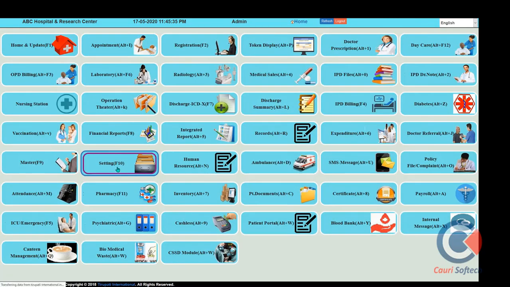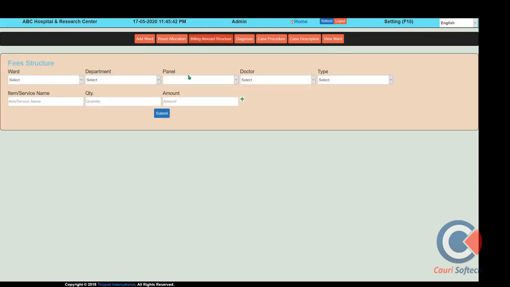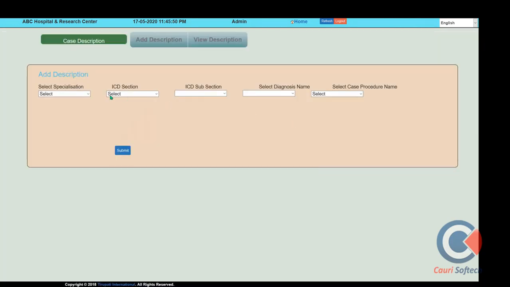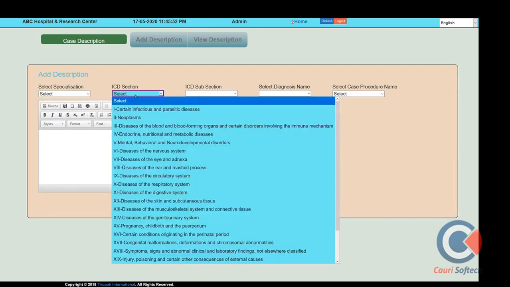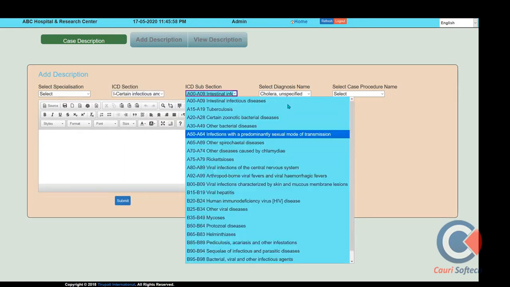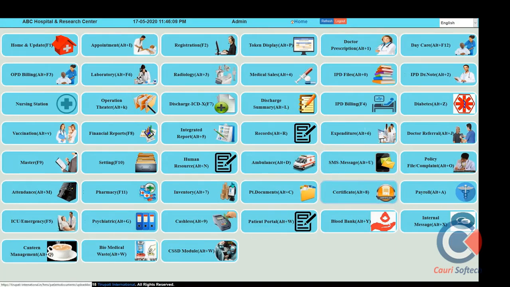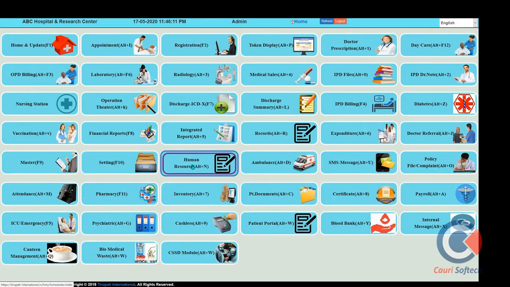In the setting section, whenever the software is delivered at the initial level, you create master wards, room allocation, and their bed amount structure from this section. If you want to create a discharge summary, the discharge summary format can be created from here. For different documents, you can apply these headings and get the record, and decide what kind of data should come, and in this way we can create a discharge template also.